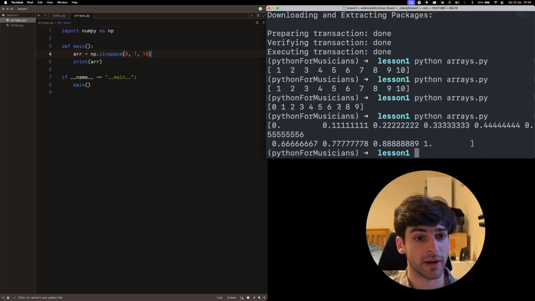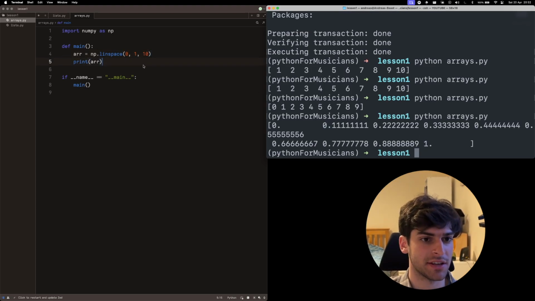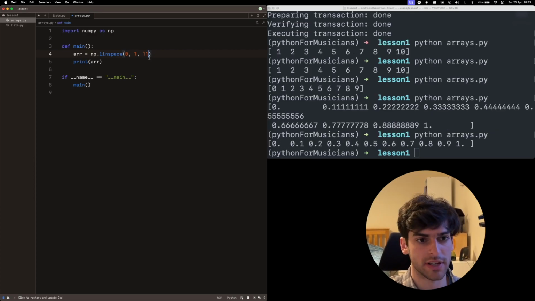Is this what you expected? Here, 0 and then 0.1111, 0.2222, 0.3333, all the way until 1. If this is what you expected, that's great. If you expected the values 0, 0.1, 0.2, 0.3, all the way until 1, then we should have either said that we want 11 numbers instead of 10,